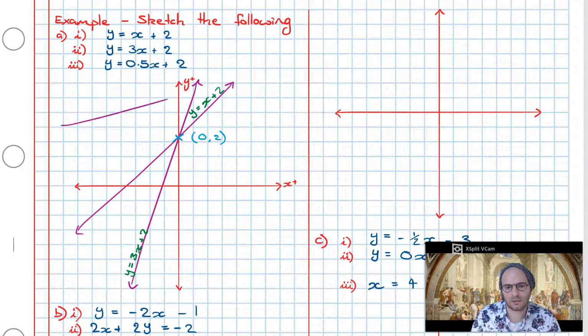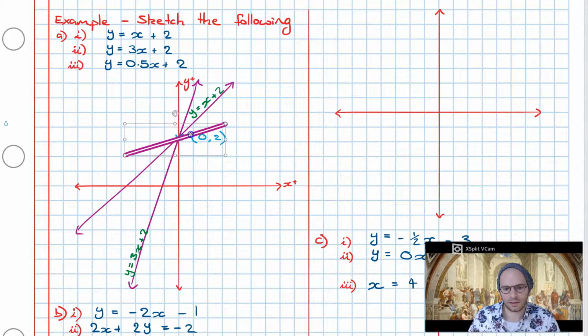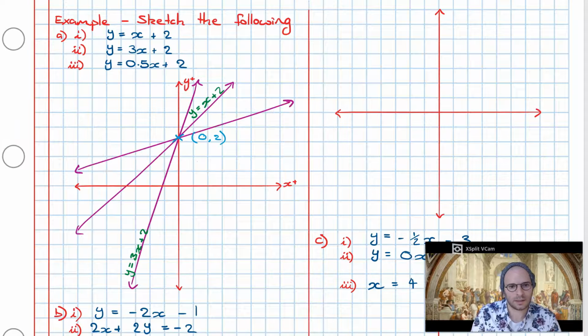So if we had 45 degrees for a gradient of 1, then we're going to look at something like 22.5 for this 0.5. So I'll get a line that's roughly half the steepness of before, and I'll retrofit it. Next thing I'll do is I will label it. Done. So what we've been able to easily achieve here is representing these algebraic expressions seen here in their graphical